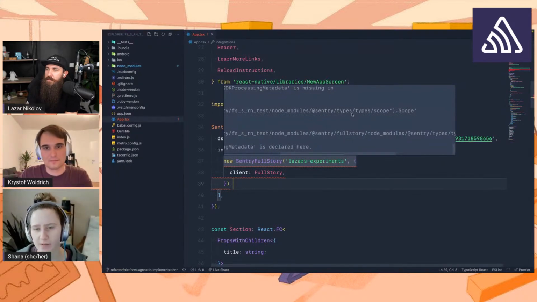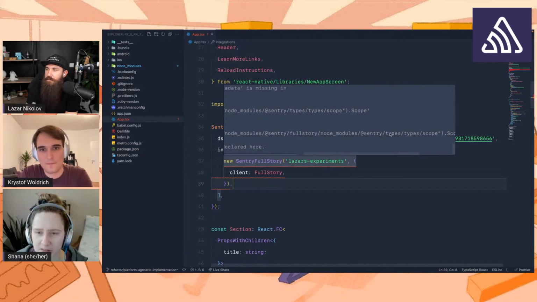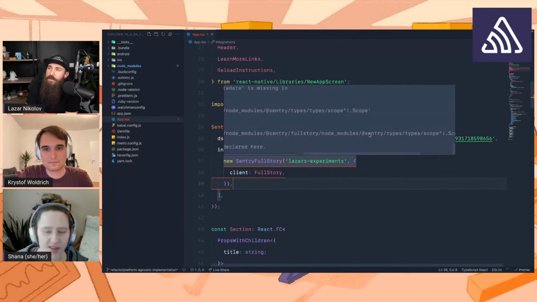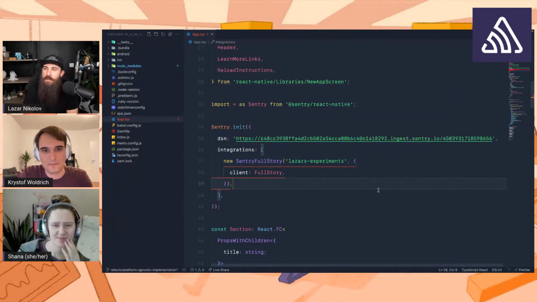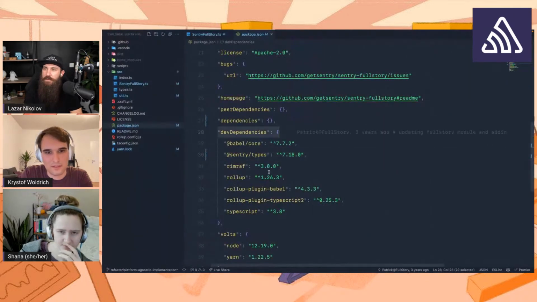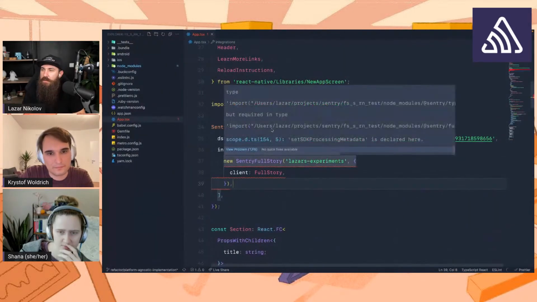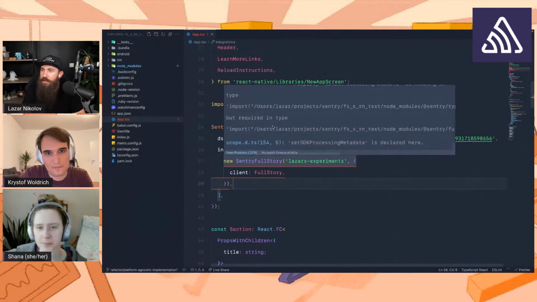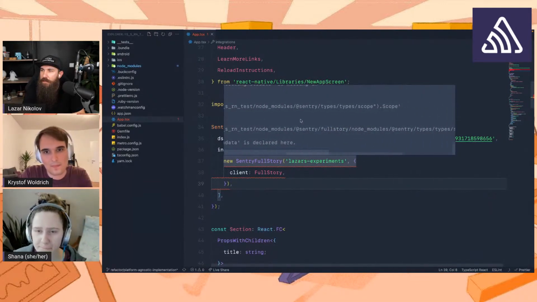Sentry types, type scope, and this is Sentry Fullstory node modules Sentry types, type scope. Yeah, it's the difference. Oh man, because these dependencies. But wait, let's see it again. This thing says that Sentry Fullstory node modules Sentry types is different from the top level Sentry types,